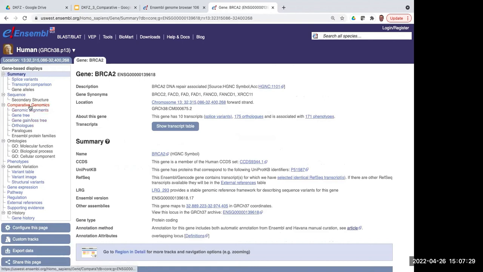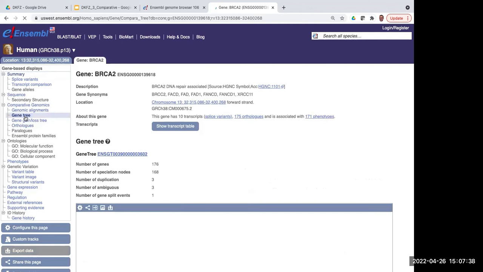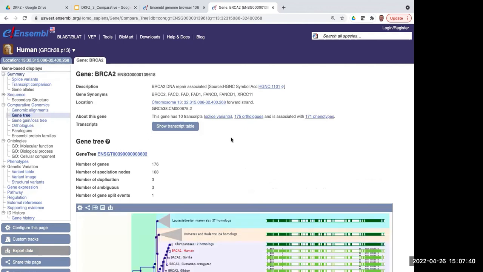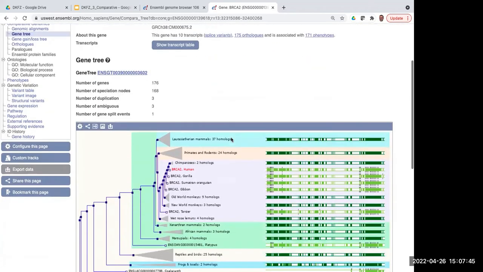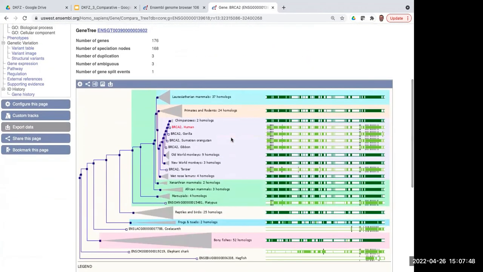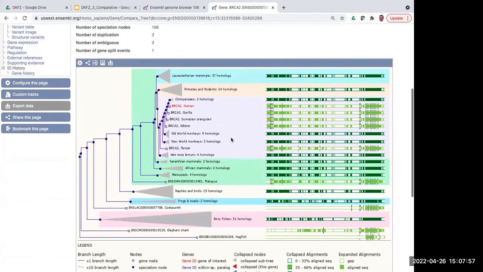There's this whole section called Comparative Genomics. So the first thing that I want to do is click on Gene Tree. If we click on Gene Tree, you'll be able to see the gene tree that has been built from the proteins, using the clustering and the blast alignment that I was describing to you earlier. So if we look at the tree, you can see that you have the human BRCA2 gene